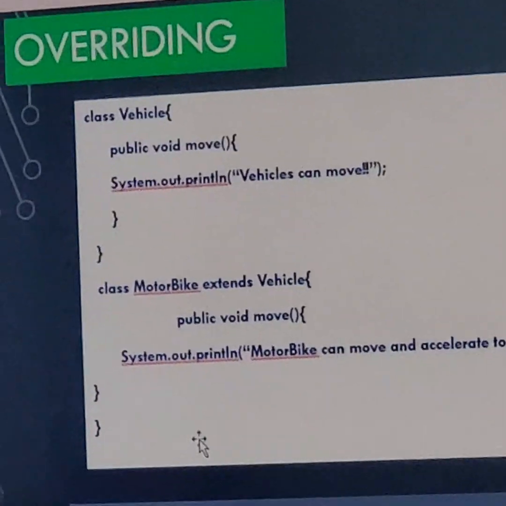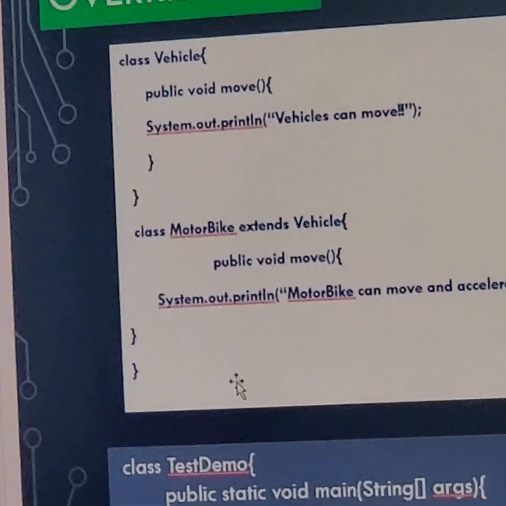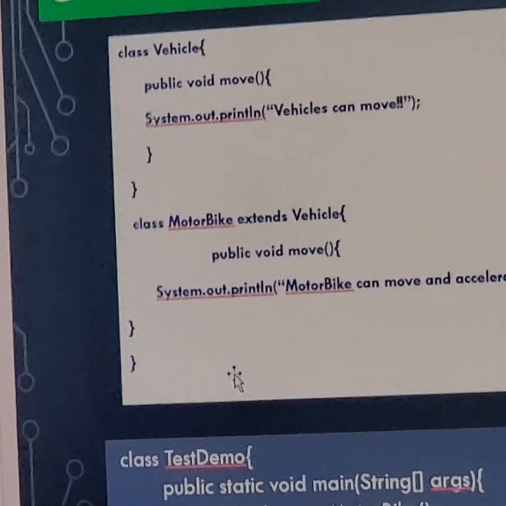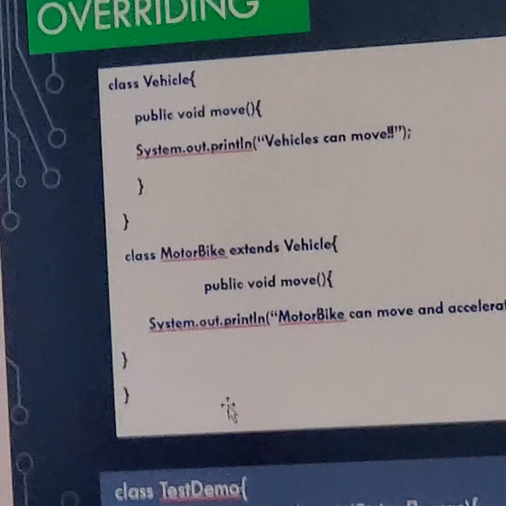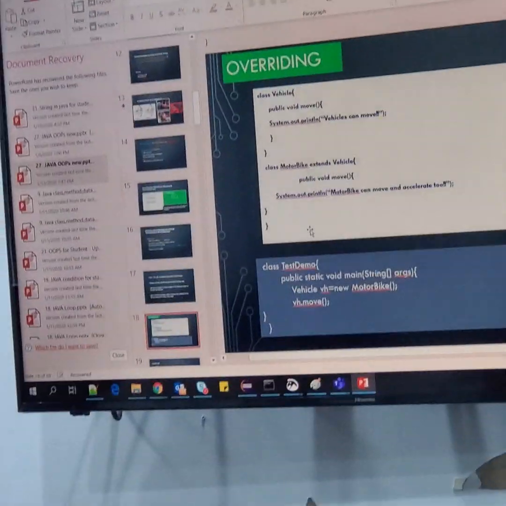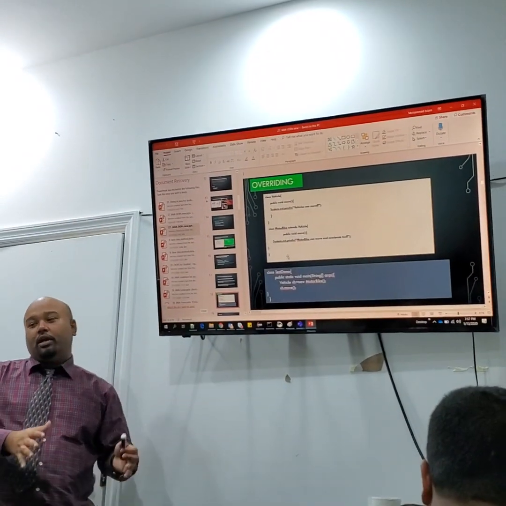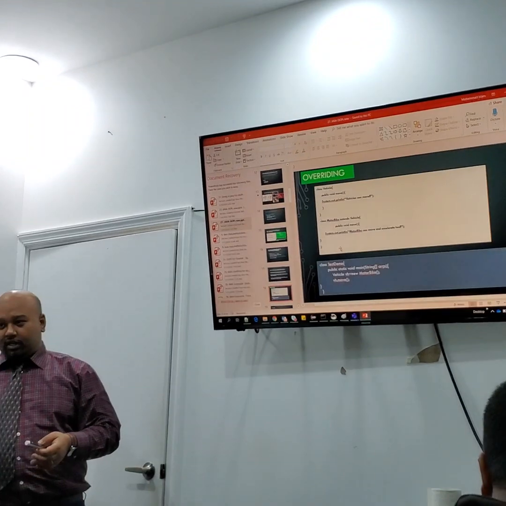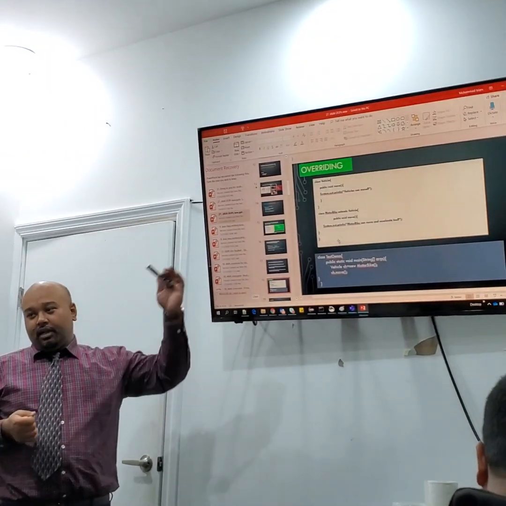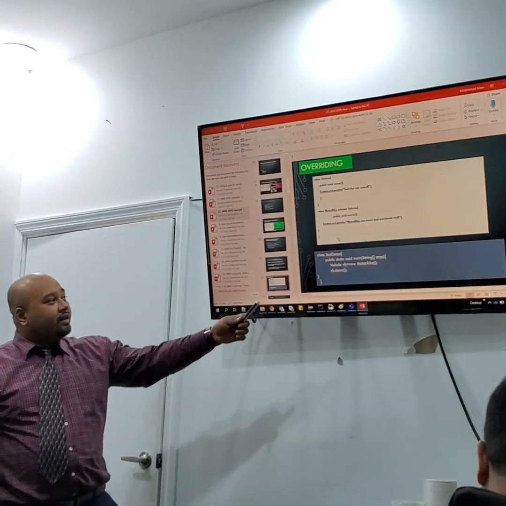Now, sometimes what happens is you have, suppose, 300 methods in the parent class, and you want to use probably 100 of them, and one or two of them you don't want to use as they are in the parent class. You don't have to write all the 100 values again in your child class. Instead, you just extend and use most of them, and for the two or three that you want to change, you can write